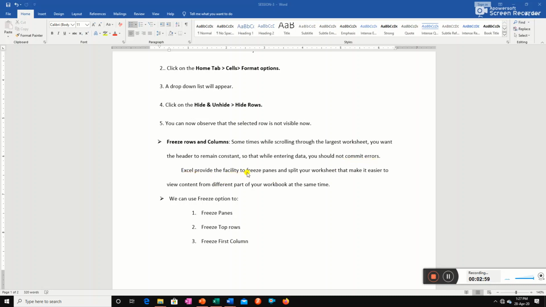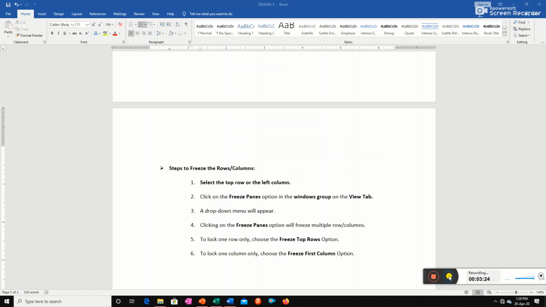Excel provides the facility to freeze panes and split your worksheet, which makes it easier to view content from different parts of your workbook at the same time. So we can use the freeze option to freeze panes, freeze top row, and freeze first column.